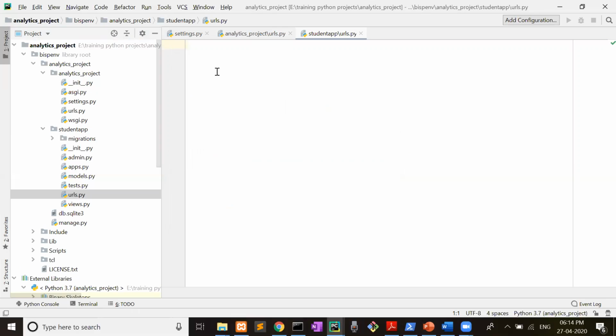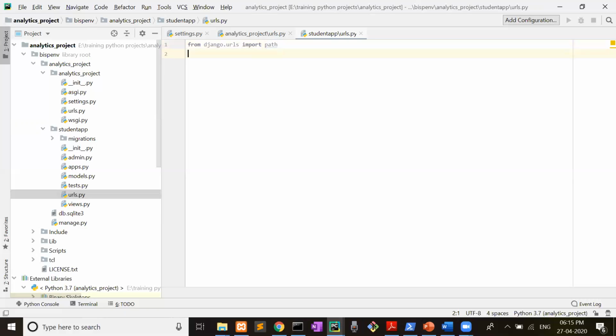Another thing that you need to do is: from django.urls import path.